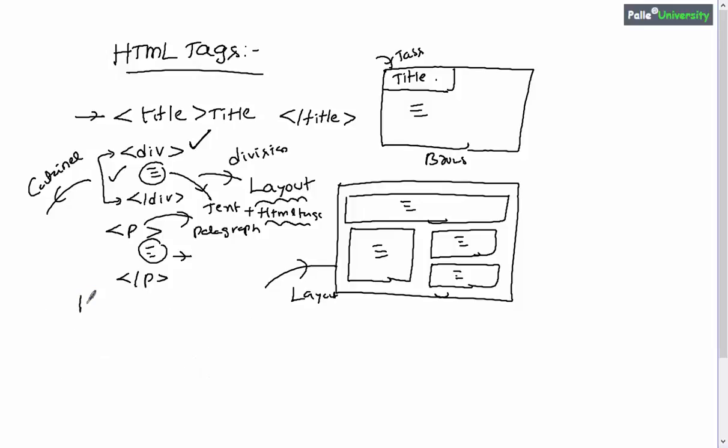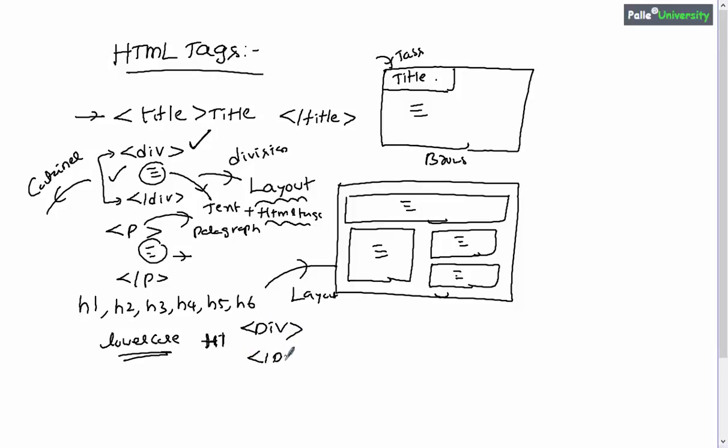Apart from this, we have the heading tags which range from H1 to H6, something like H1, H2, H3, H4, H5 and then H6, right? Remember one important point: in general when you are writing HTML tags, it is recommended to use lowercase letters. Some people will write H1 using uppercase letters, and not only the H1 tag, other tags like div, they will write something like this. Remember, this is an incorrect approach. Your code may work, but it is not a standard approach. Try to use lowercase letters while writing HTML tags.